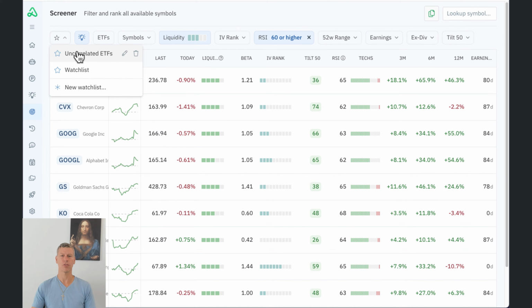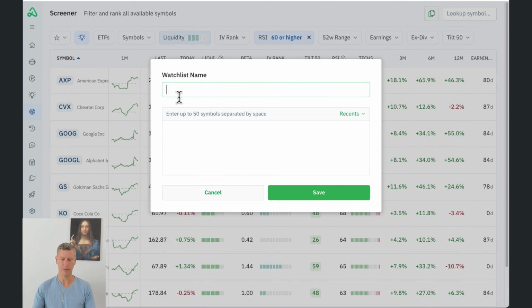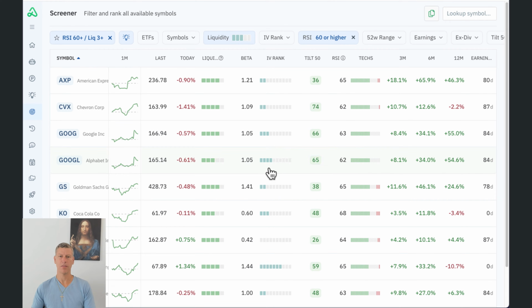Then I'm going to hit this little star and I'm going to select new watch list. And I'm going to say RSI 60 plus and liquid 3 plus. I'm going to paste in those 10 symbols and I'm going to save this watch list. And then anytime, for example, I can come in on a different day and filter these, copy, click here to edit this watch list and update the symbols really easily. But instead what we're going to do right now is jump on over into trade ideas